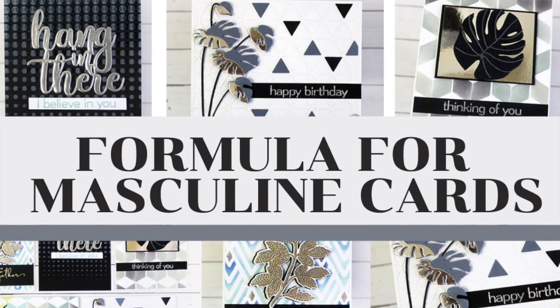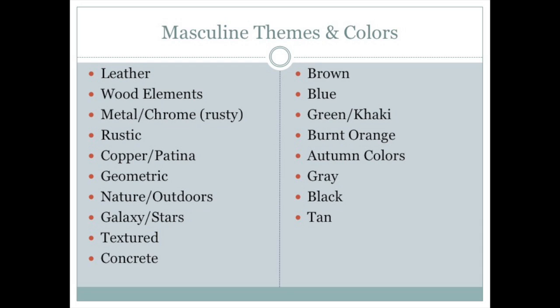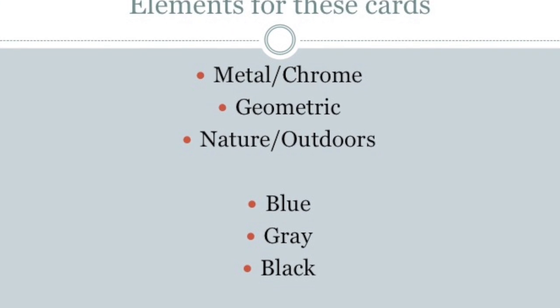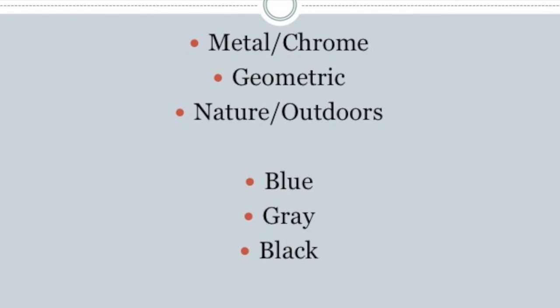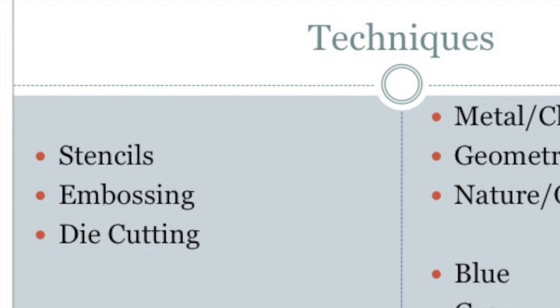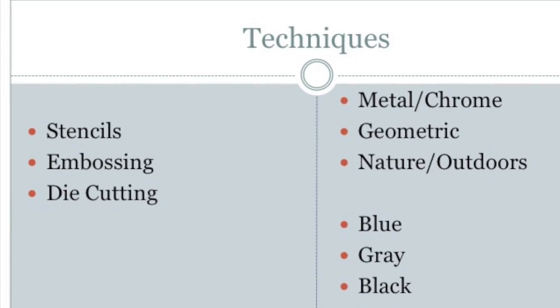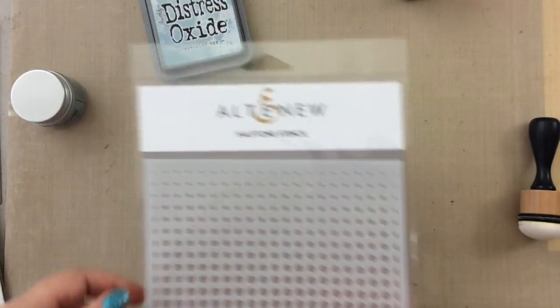I have a formula that I came up with my husband, and here's the list of some of the things that we thought would be good for masculine themes and colors. Now you can pause the video if you want to look at this a little bit longer, but today I'm going to create 5 cards and I'm using these colors and these themes with these 3 techniques. So I've given myself a bit of a challenge and I'm going to share all of them with you today